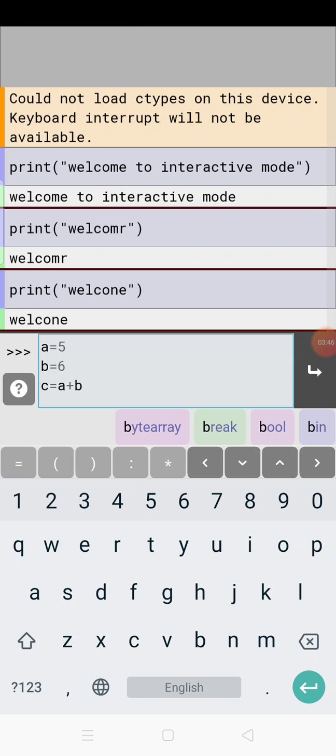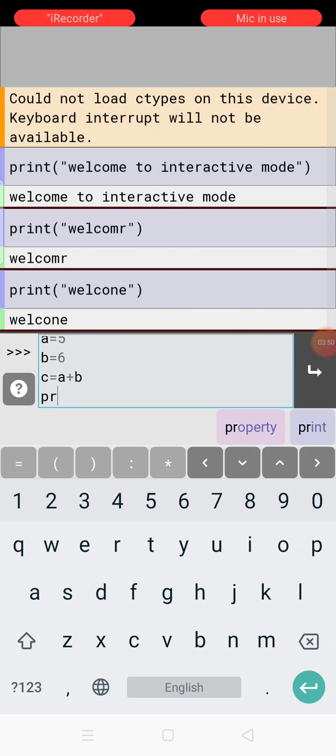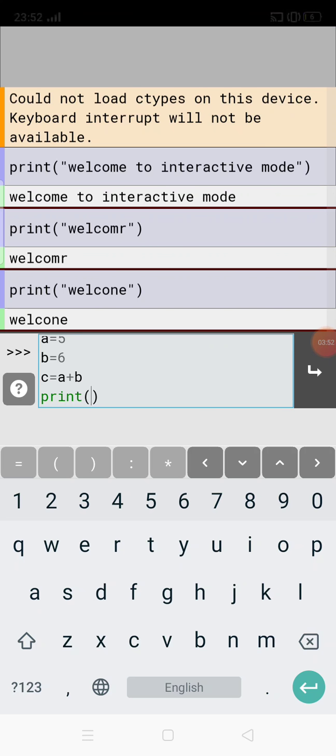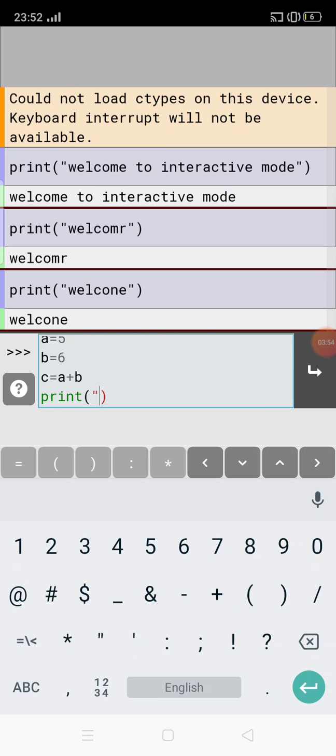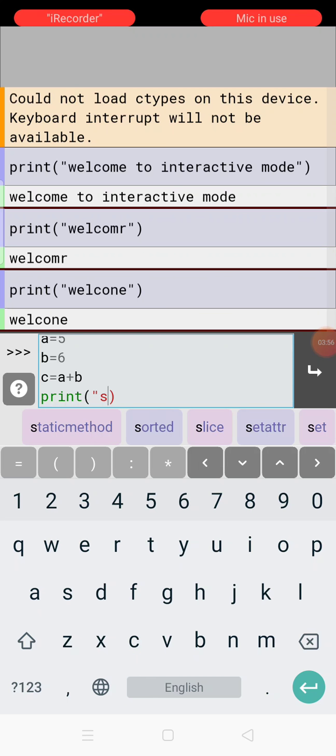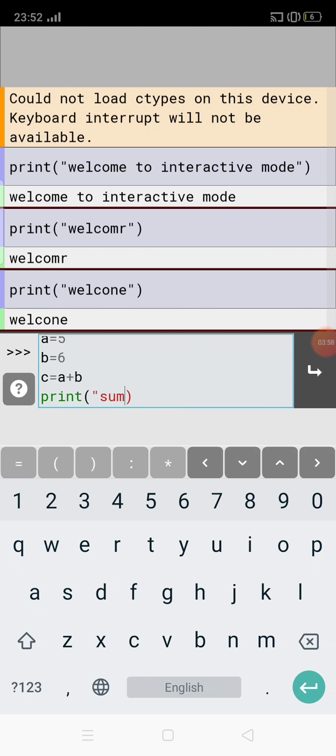Again press the enter key from the keyboard. Now I am going to print the value of a plus b. I am going to give sum equal to a plus b.